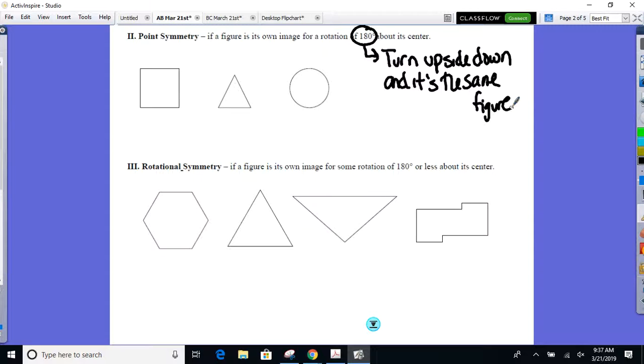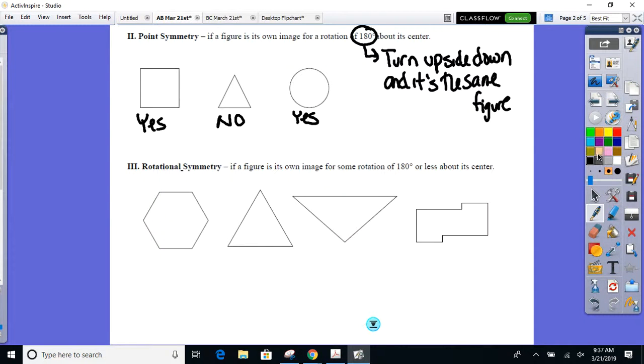So, ready? If I tell you that's a square, does that have point symmetry? Turn it upside down, is it still a square? Yep. How about this triangle? Does that triangle have point symmetry? No, why not? Go ahead, rotate it 180. It's pointing down now. All right, so that does not. And then how about the circle? Yes. All right, before I get to the last type of symmetry,